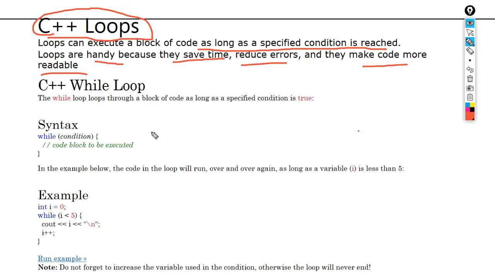That same statement can be written inside a loop, and you give some condition, and till that condition it will be executed. So it will reduce your time, make your code very readable and very small, and also reduce your errors. Now the first one is the while loop.